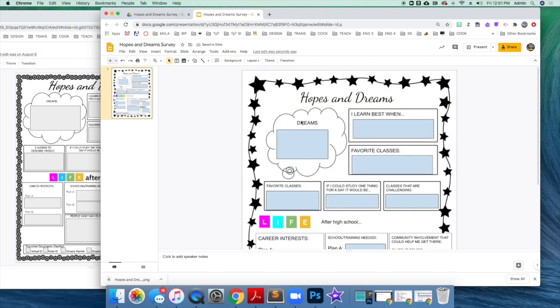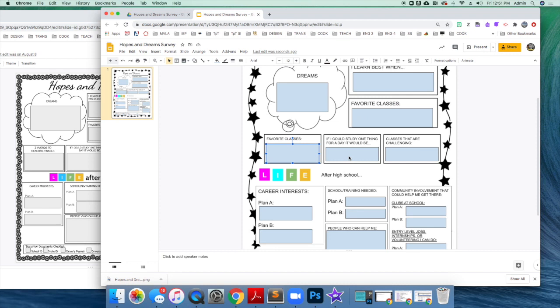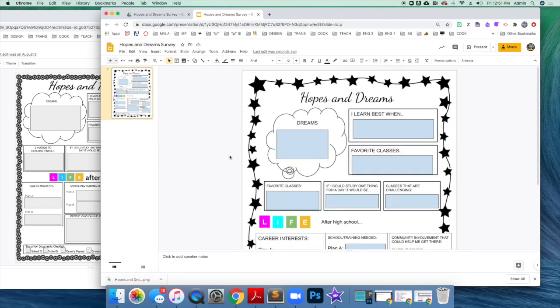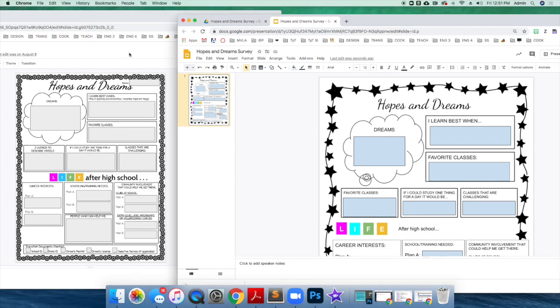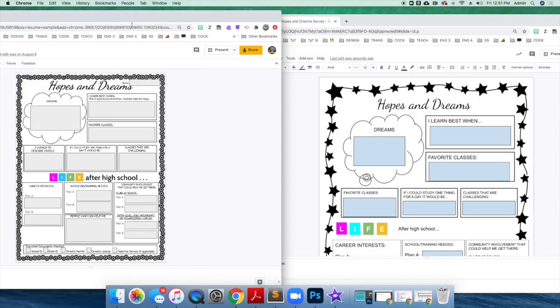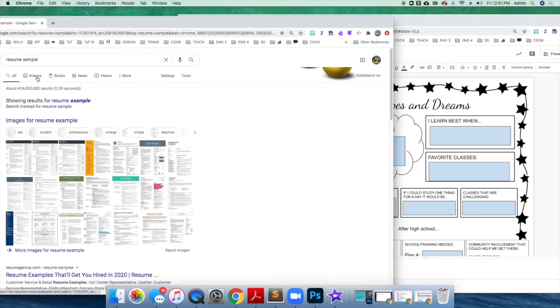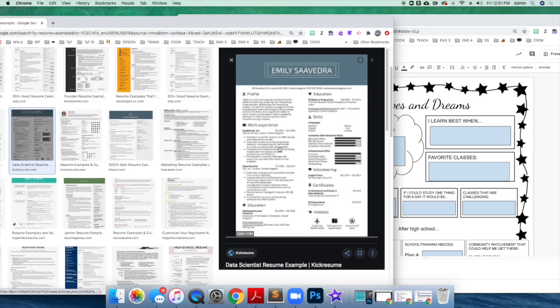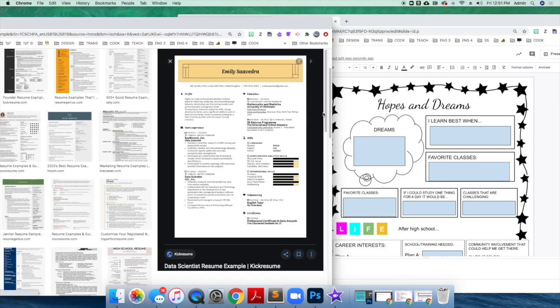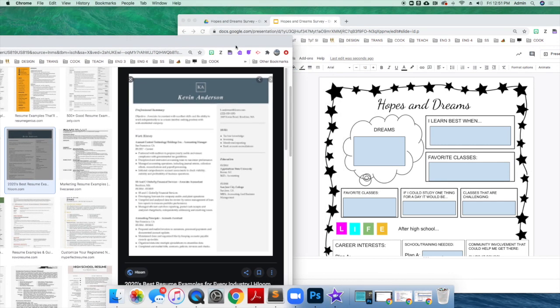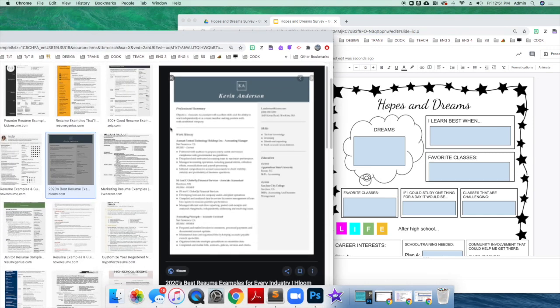Now you have a Google Slides assignment where the background is frozen and you can go ahead and manipulate the text boxes, or students can manipulate the text boxes. So it's very easy to copy a document once you see it, and you can manipulate it on slides. Even if I saw a resume example that I really liked on Google, it's very easy to go on Google Slides and make something similar, because this is just a